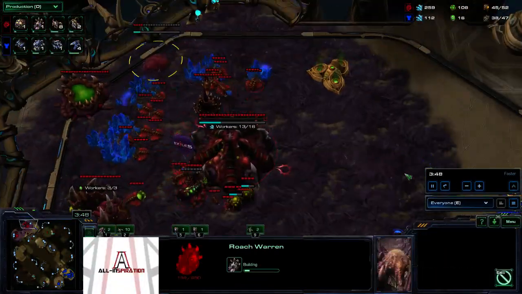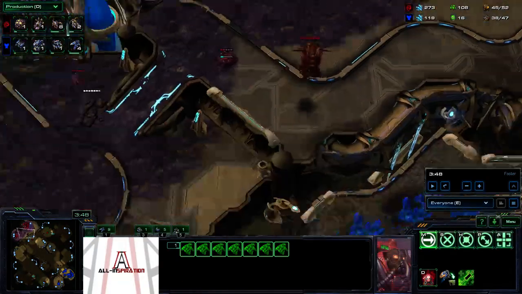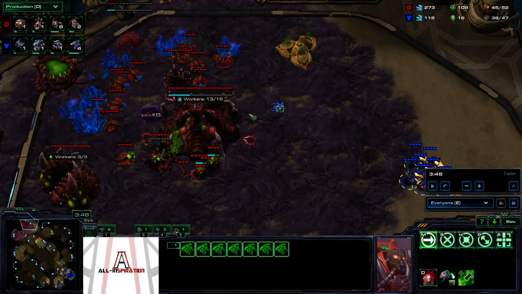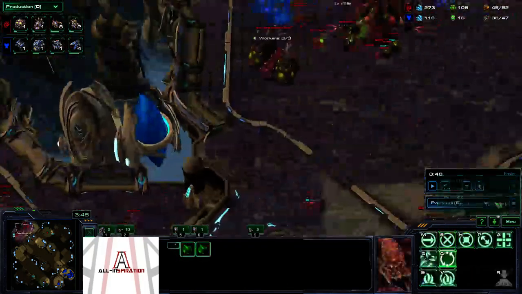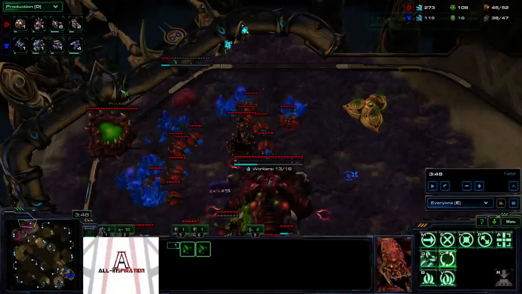Ooh, there's the Roach Warren. So again, the Roach Warren isn't super early. It's not when you just scout this timing. It's more like after you've already got your preliminary defense. So the spines, the queens, the speed, and even squeeze out some drones and then get this Roach Warren and